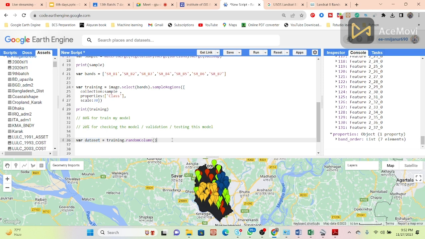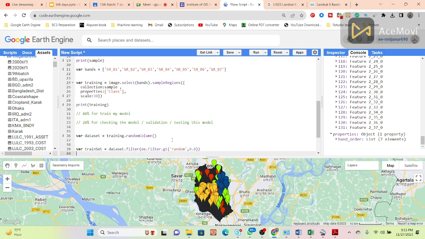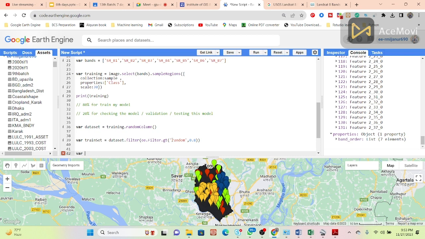Now this data set I split into 80% and 20%. How can I split? For that I simply take a variable. Suppose I name the variable train set. I call the data set, the full data set. From this full data set I simply use the filter, ee.Filter.gt, greater than, random, 0.8, as well as also take the test set,